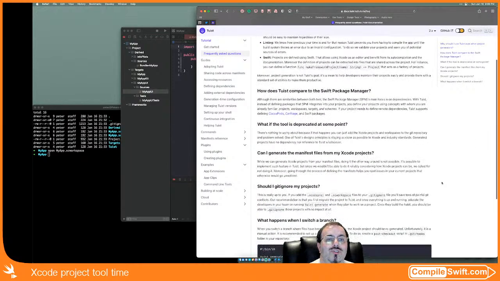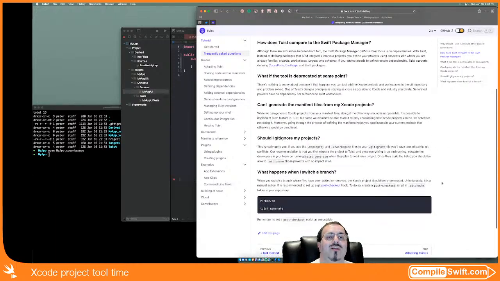What if the tool is deprecated, sorry, at some point? Oh, okay, I get what they're saying here, but this is not really. It's nothing to worry about because if that happens, you can just add Xcode projects and workspaces to the Git repository and problem solved. Yeah, but that's not really a good argument, is it? I mean,